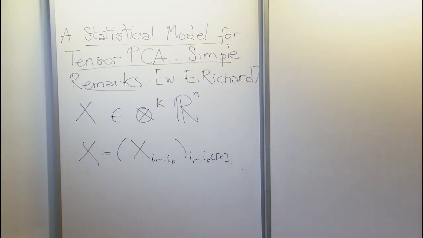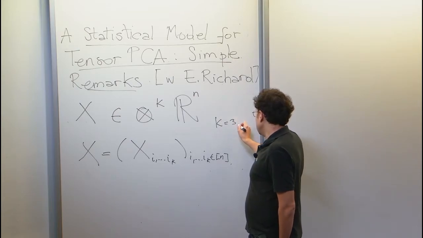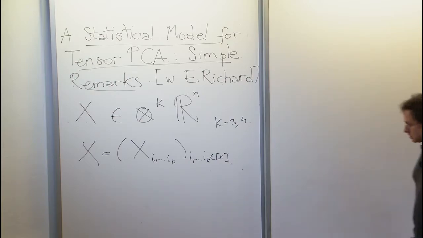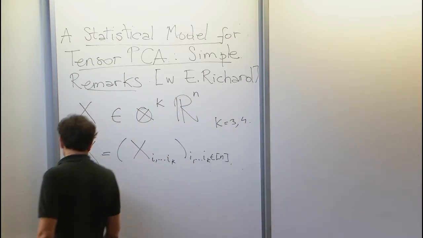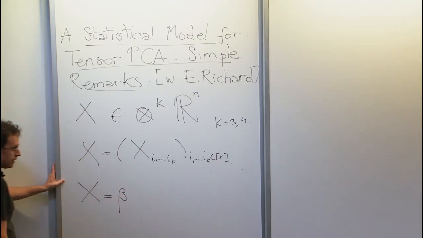Okay? And so this is my data. For most of the examples, I will take k equal 3 and 4, and of course 2 for comparison. And okay, so my model will be the following: that x is equal to a number beta,